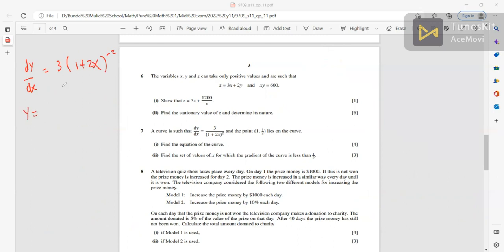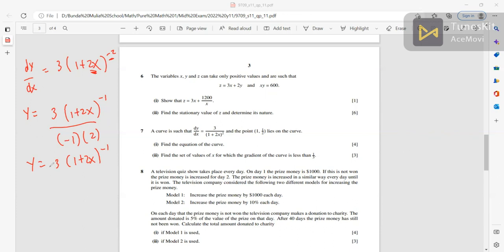So y equals this 3, and then I add 1 to the power, I got minus 1, over minus 1 times the differentiation of inside the bracket, so it is 2 divided by 2. So I got y equals 3 times 1 plus 2x to the power minus 1,